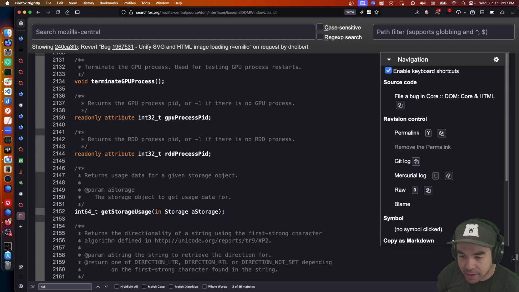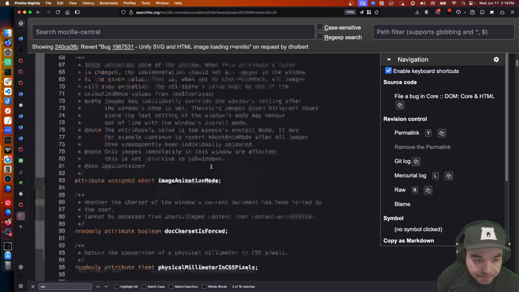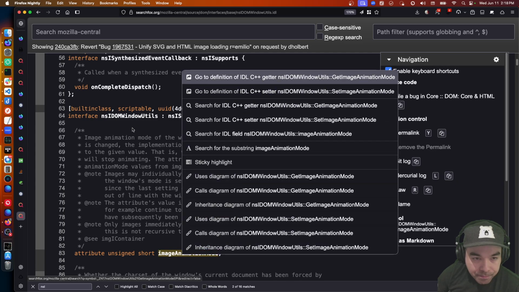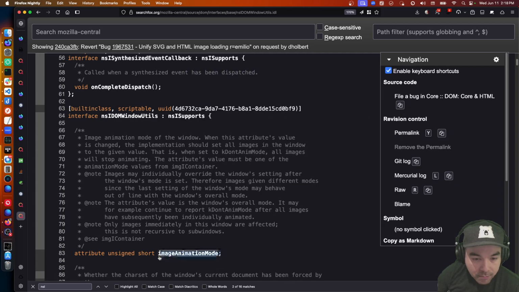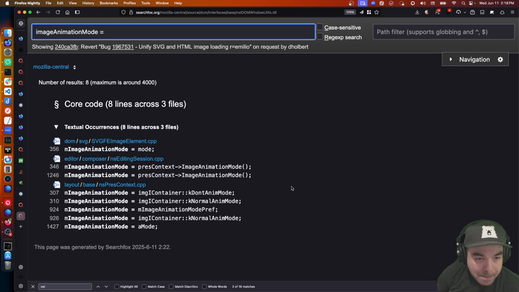Well, let's take a quick look at this thing that was at the top. Image animation mode. Don't anim mode.